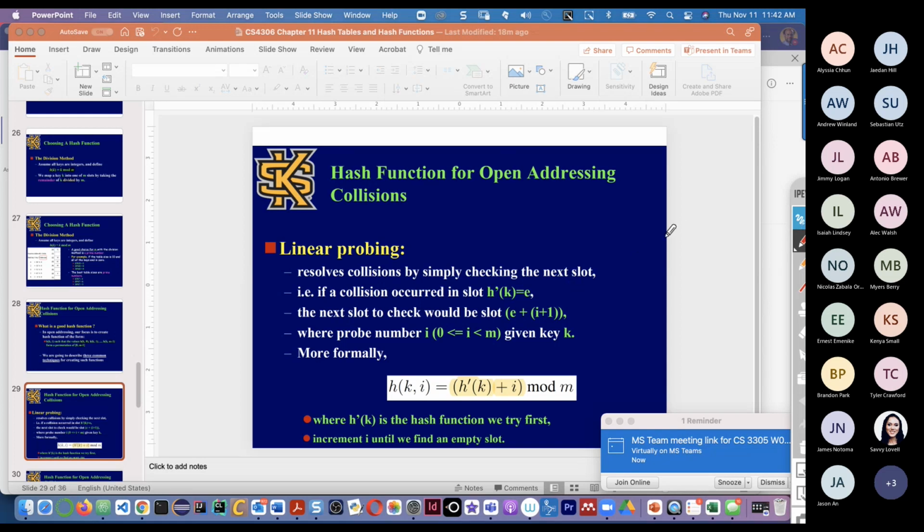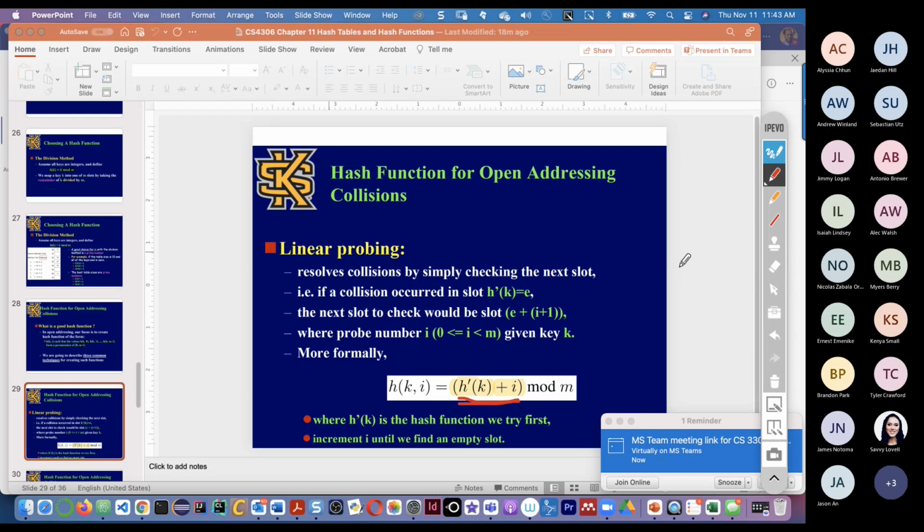Sorry, I don't have the previous drawing. Okay, so that's gone. Okay, so now we understand linear probing, right? With a simply modified function. So this is called linear probing. That means the next slot is searched. Let me see if I find that. No, that is not available. So